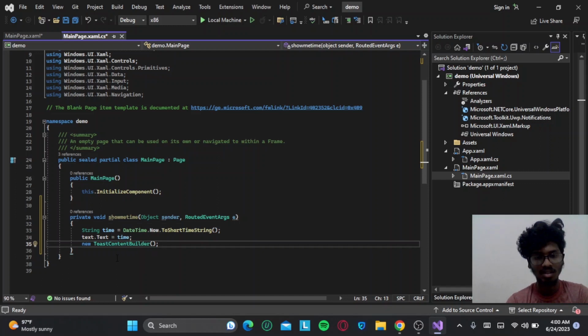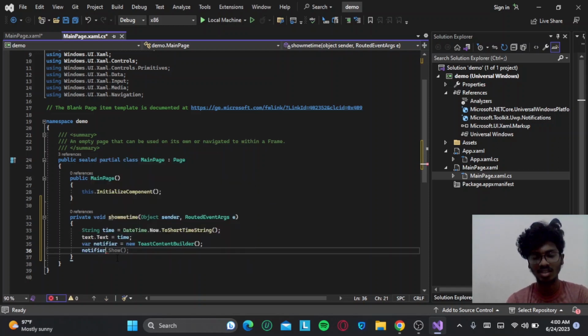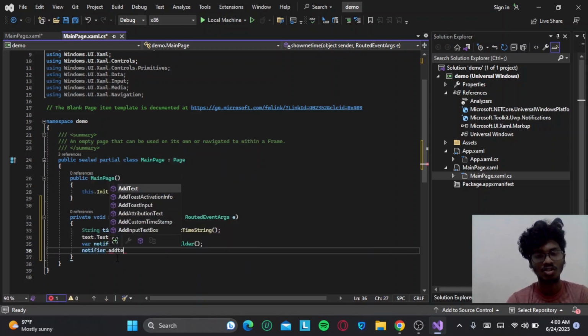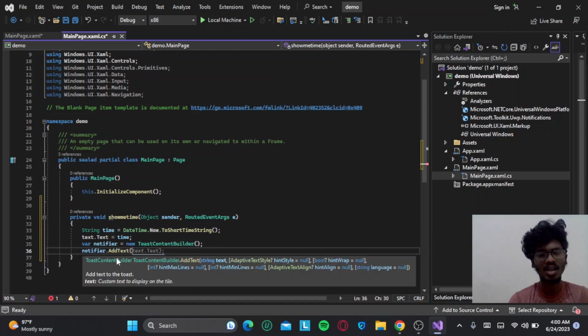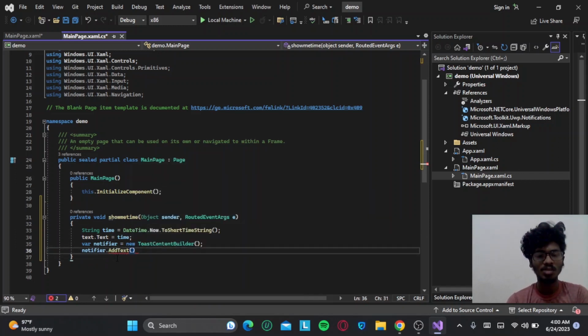So I'll create this in a variable, var notifier. So okay. After this, I can implement. There is a certain function in this, like AddText. So I'll be adding a text here. There are many things you can add, images. If possible, I will make another video on that. So in AddText I can say